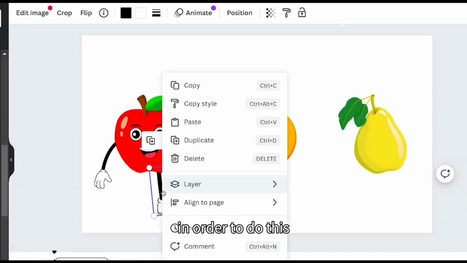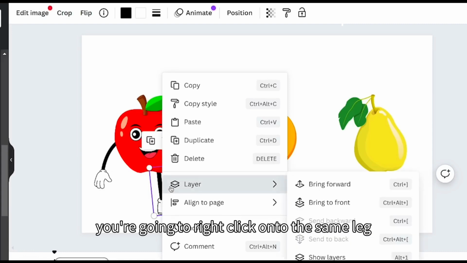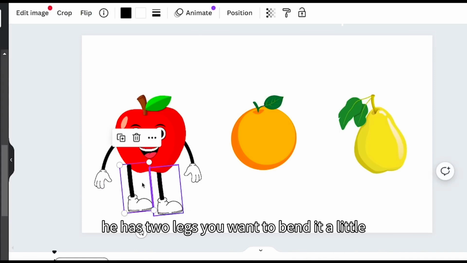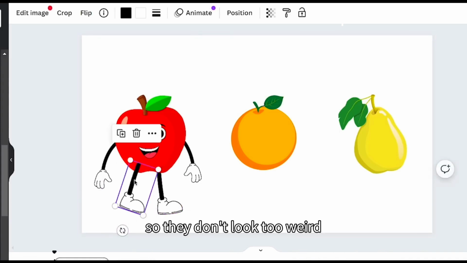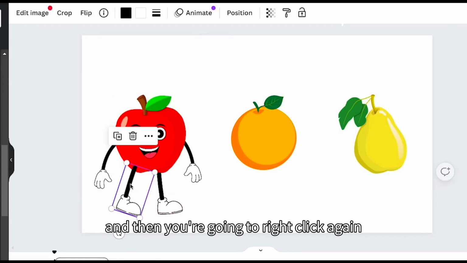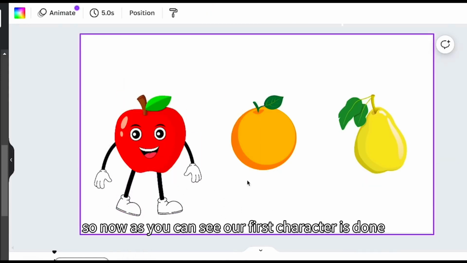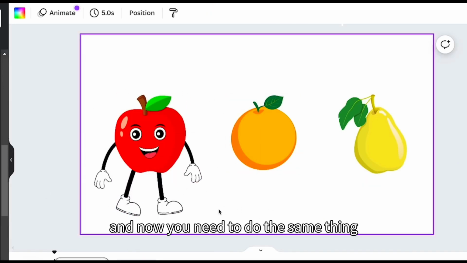Now we need to give him a second leg. In order to do this, you're going to right-click onto the same leg, and then you're going to click Duplicate. And then now, as you can see, he has two legs. You want to bend it a little so they don't look too weird. And then you're going to right-click again, and then you're going to send it to the back. So now, as you can see, our first character is done,